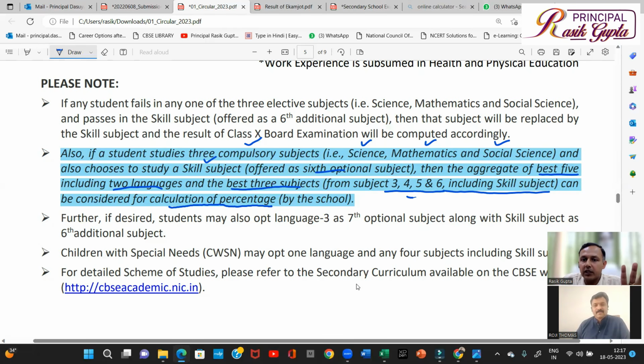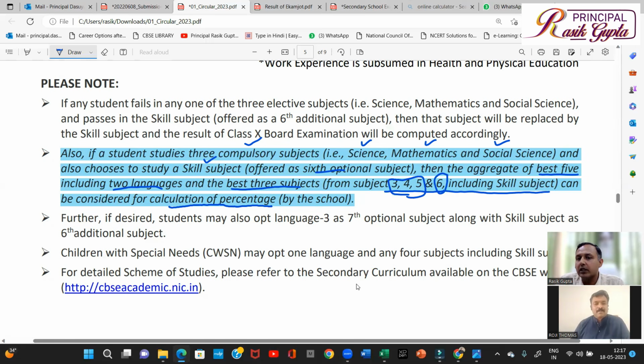Three compulsory subjects, which are 3, 4, and 5: mathematics, science, and social science, and the 6th, which is the skill subject. So out of these 4, the best 3 can be considered for calculation of percentage, provided the student has passed in all 4 of these. But here CBSE has not given any reference to the language. What is to be done in case the student fails in any of these skill subjects or compulsory subjects,